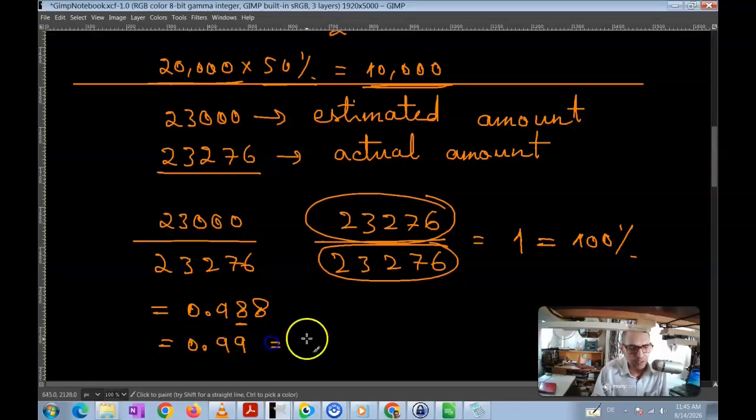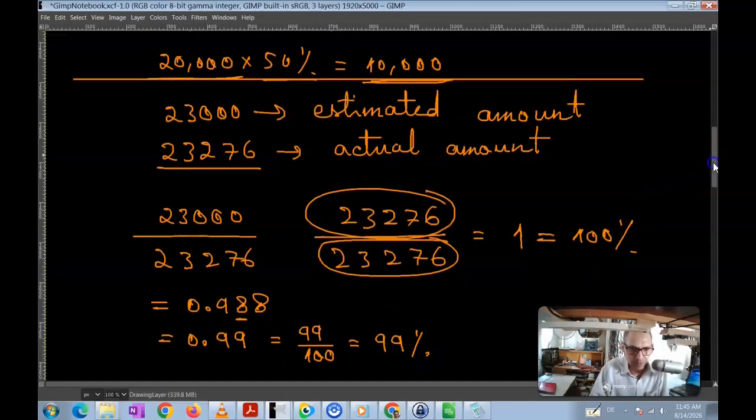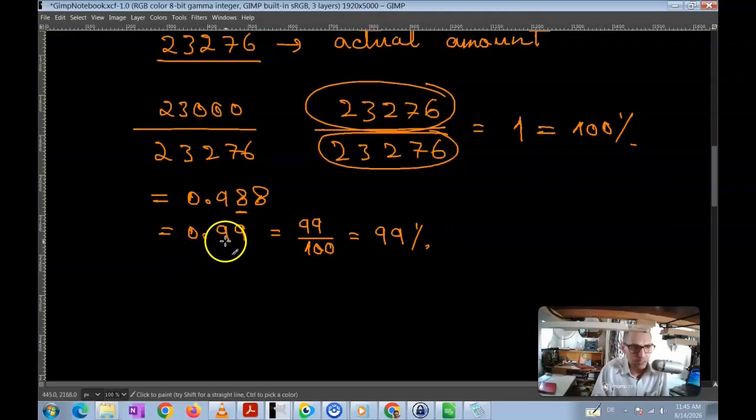And 0.99 is the same thing as 99%, or 99 percent, right? Because 0.99 is 99/100th, which is 99%, right? So that means that the number that you estimated was actually 99% of the actual number that you were supposed to get, which means that this is still a very good estimation, meaning that there is only a 1% difference between the number that you got and the number that you were